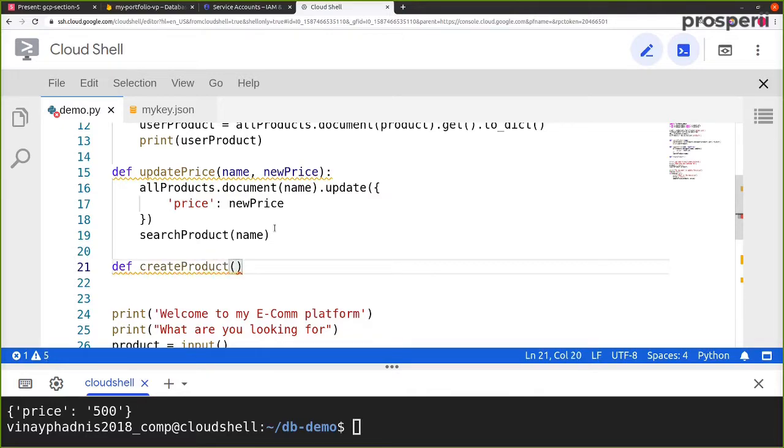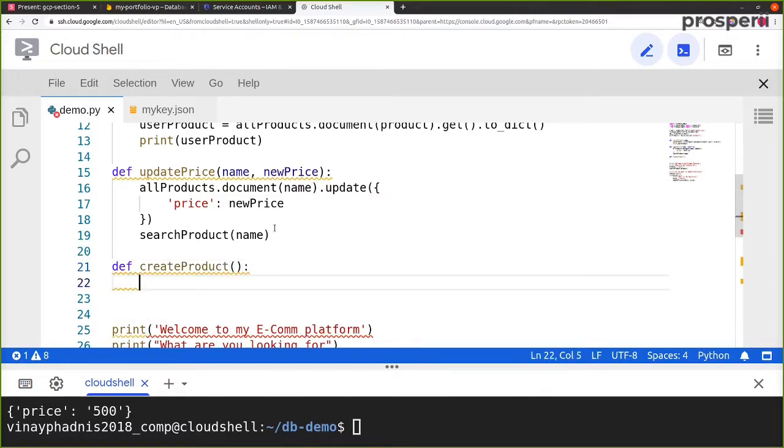Okay, so now inside create product, let's not accept any parameters because we will be asking the user for some content inside this particular function. Okay, so over here, after leaving some space from the margin, now let's ask the user to define a name for the product.